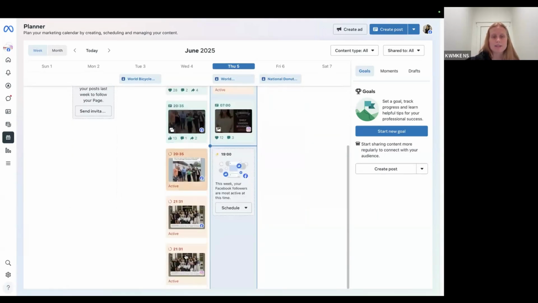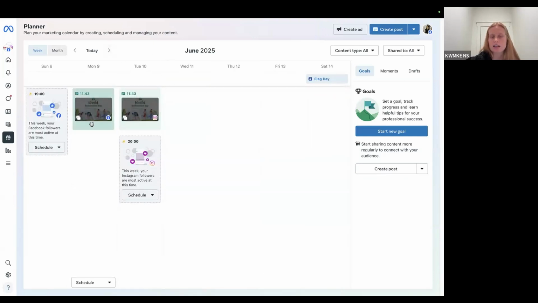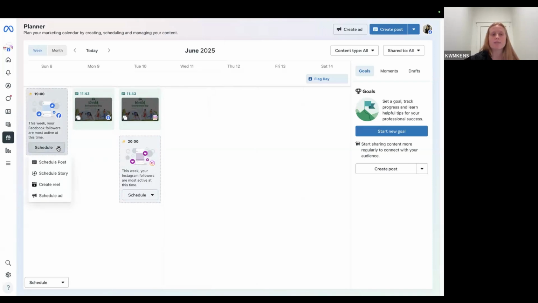These are past posts that went out yesterday. And you can flip through and see, okay, this post is going out then, and it'll have the little Facebook icon, so you know that one's going to Facebook, and that one's going to Instagram. And this little guy will tell you that you have two pictures in there, or multiple pictures. They'll also have these little blocks, which will nudge you to schedule something at these times because they know that your Instagram followers and your Facebook followers are really active during those times.